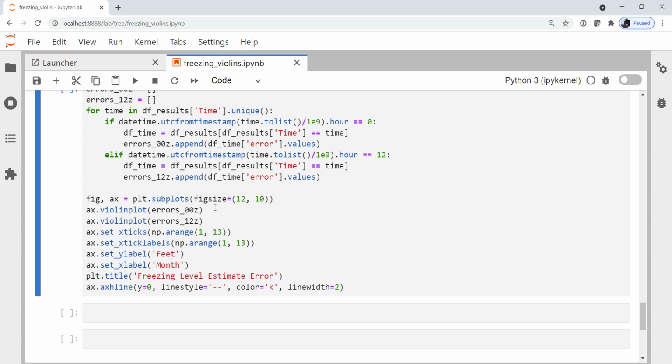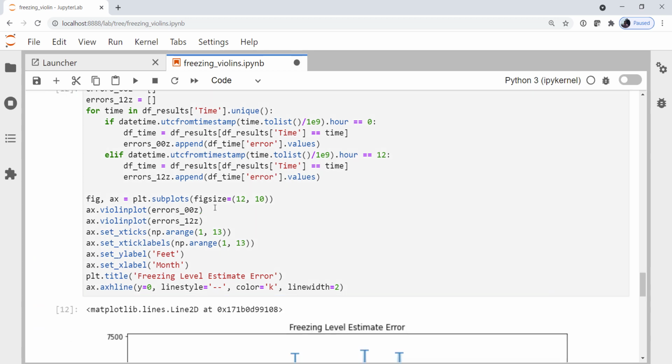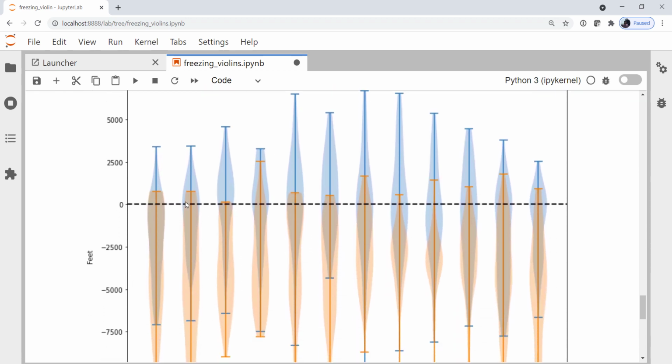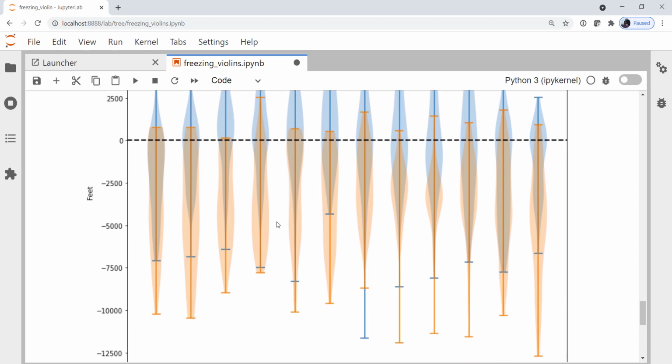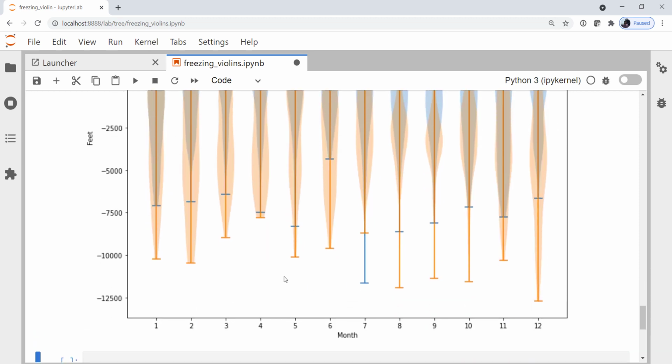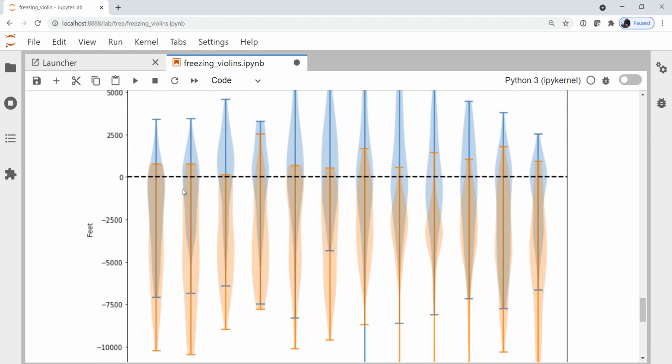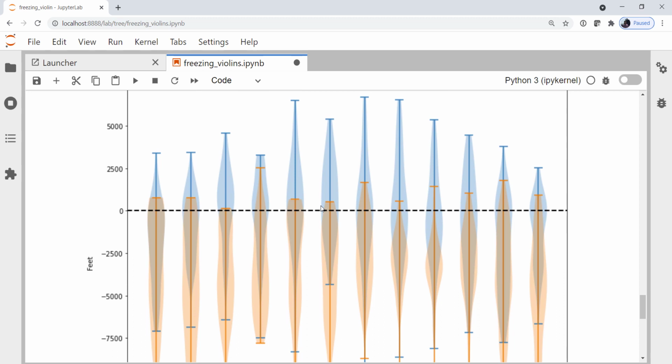We're using a violin plot, so we can get an idea of what the distribution of this data looks like. What are the max? What are the min? Is it clustered around one value? Is it skewed somewhere? And we're going to do this plot with tick labels of 1 to 12 for each of the months. And I put a 0 line on here. And what we get, here's our month along the x-axis, the error in feet along the y, and that 0 line being the defining line of,